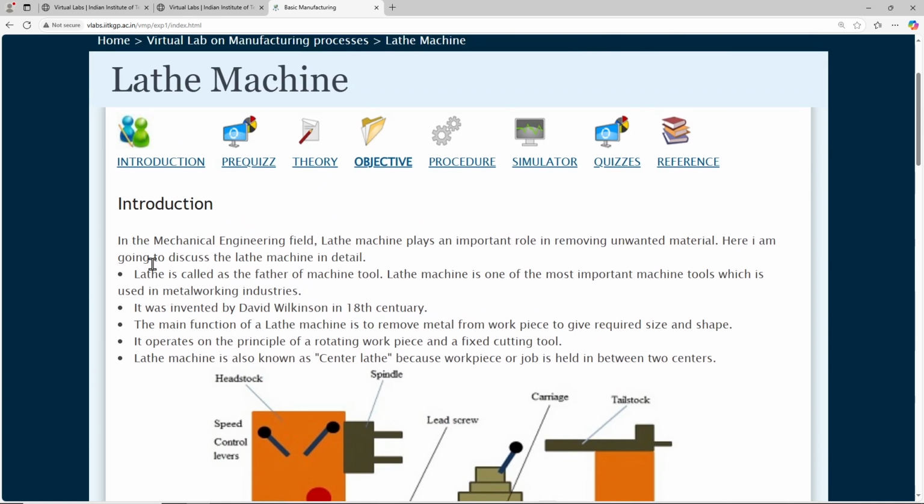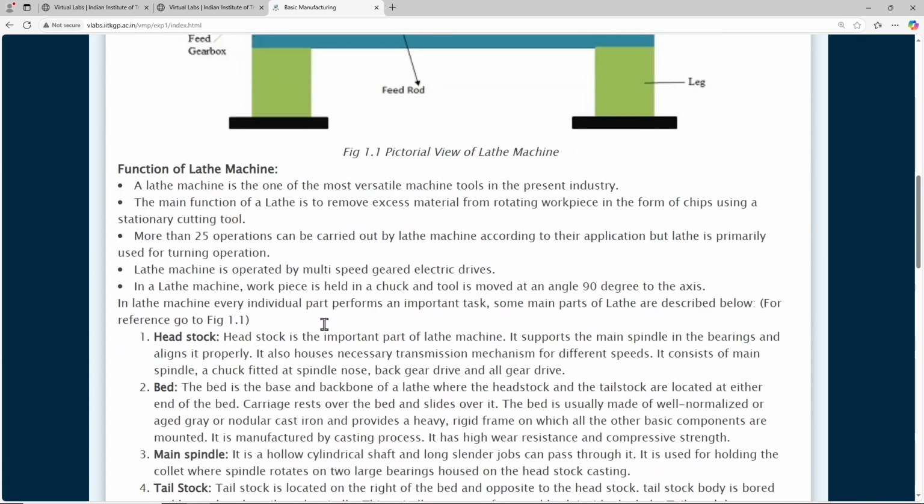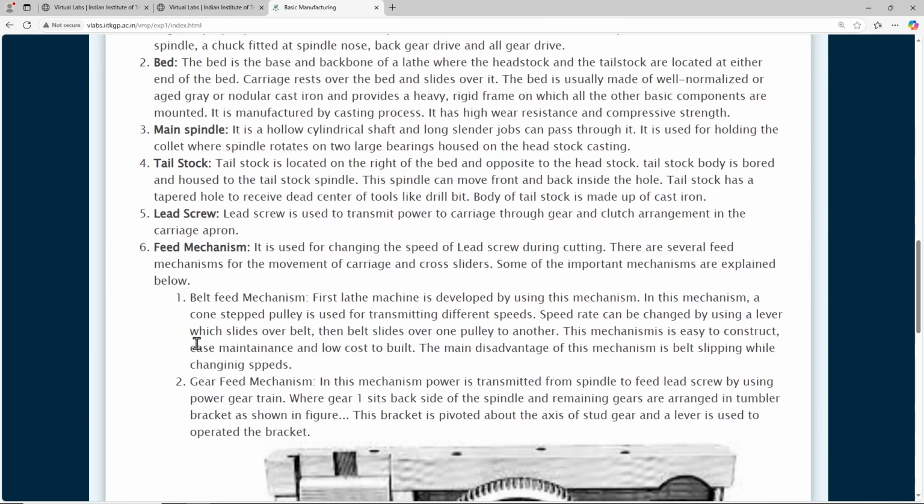In the introduction, there is a general introduction about what the lathe machine is and when it started. It started in the 18th century, invented by David Wilkinson, and it covers the different components of the lathe and their functions, like headstock, bed, main spindle, tailstock, lead screw. In feed mechanism, different kinds of feed mechanisms were discussed, the belt mechanism and gear mechanism. Belt mechanism is also there for quick working, but there is always a slip. Why this slip happens?